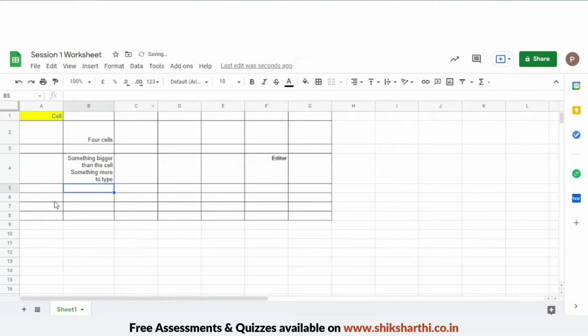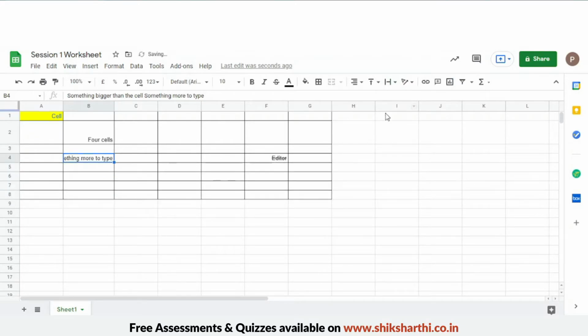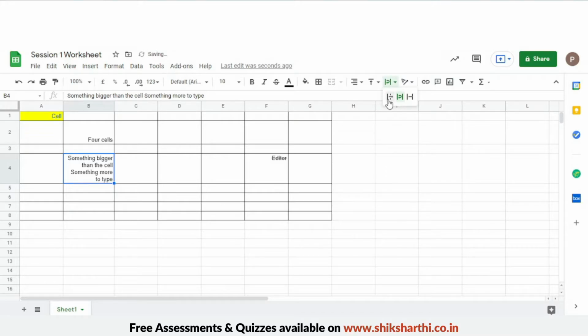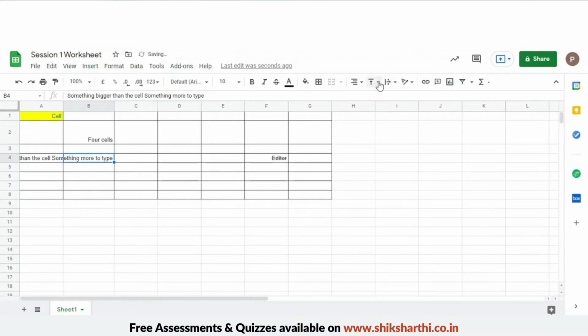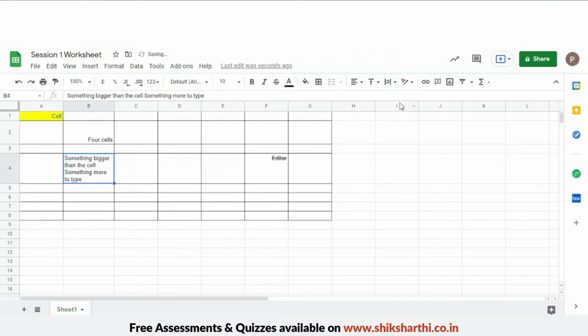See, if you remove it and use clip, it just shows how much is visible in the cell. But with text wrapping, it shows everything. I guess when you have something bigger than the cell size, use text wrapping. You can see all that information.